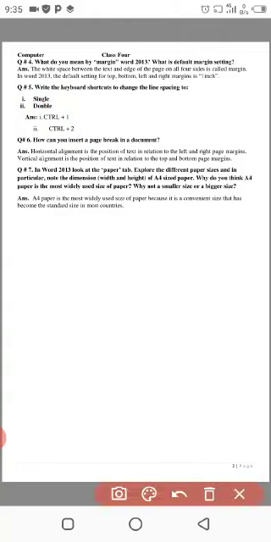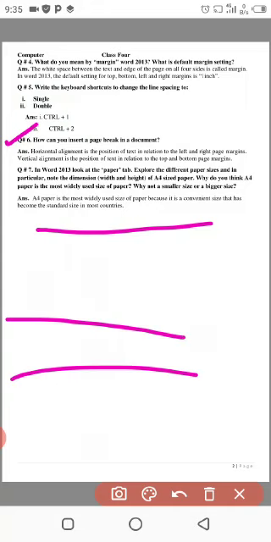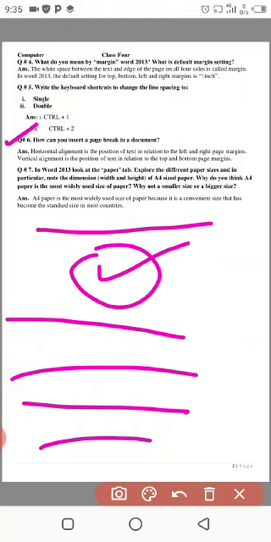Next question is, how do you insert a page break in a document? Page break means if here the page is ended, if I wish, I will start the next lines from here. This is the page break.